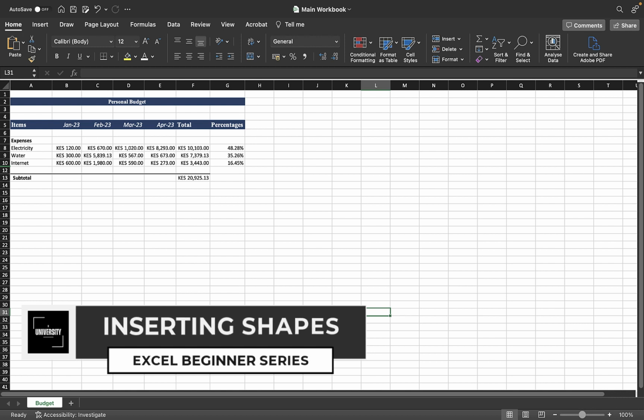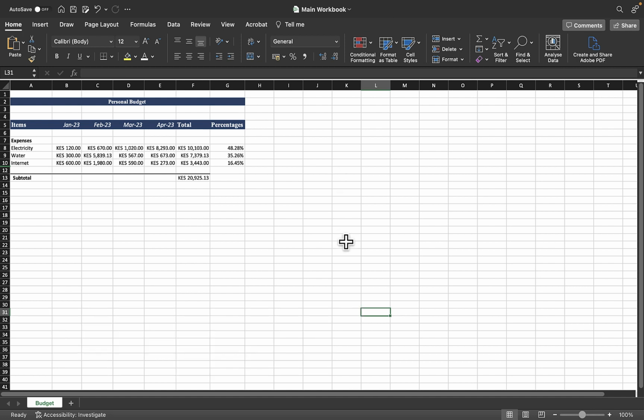Hello, in this video we are going to explore inserting shapes, and the first question is, why would you want to insert shapes? The basic explanation is shapes are literally like photos. It's a graphical tool like photos, but just shipped already with Excel. So most of the time you're going to use this. They use less memory and they are faster to render, and they just appear nice being used in your Microsoft